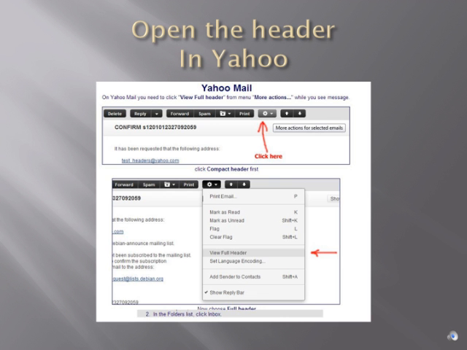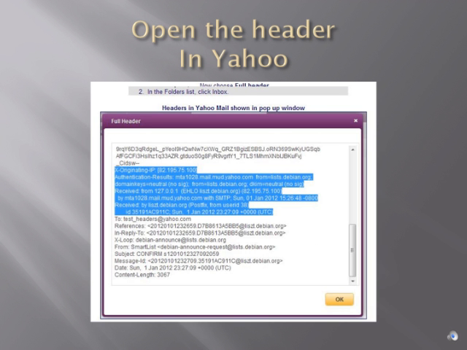Okay, to find the IP address on an email, we need to open the header in the email, and every email service has a different way to get to that header. I'm going to give you an example of getting into the headers on three of them, and if you use a different email than these, you may have to search Google a little bit or click around on your interface. But in Yahoo, you would click the little down arrow by the settings button. It would open up a drop-down menu, and from the drop-down menu, you would choose View Full Header. And when you click that, it will open up to something like this, and you will see IP addresses, timestamps, and other information.